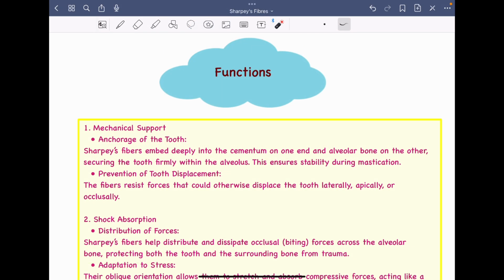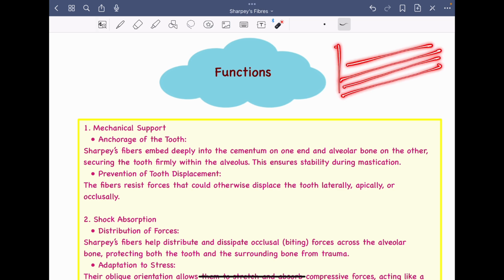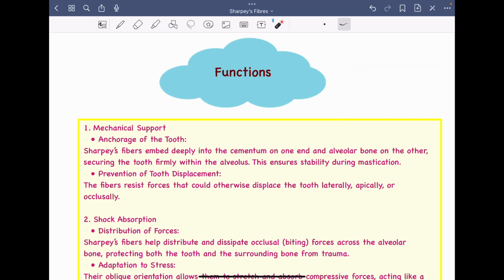So the first and most important function of Sharpey's fibers is nothing but the mechanical support, right? As we have discussed previously, they are a key part which ensures the stability of the tooth within the socket, right? So therefore its first function is anchorage of the tooth within the socket. And obviously the next function would be prevention of tooth displacement, right? These fibers pass from cementum towards the alveolar bone, and they are providing an anchorage point to the tooth so that the tooth does not get displaced within the socket,